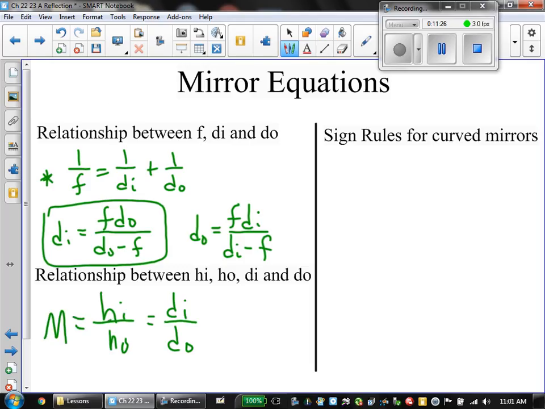Now, there are some sign rules, and I'll tell you right now, the sign rules I use are different than some other books and some other teachers. Half the people do it one way, half the people do it the other way. It doesn't matter if you do it the way of the book or the way I do it. I treat it the following way. If anything is behind a mirror,